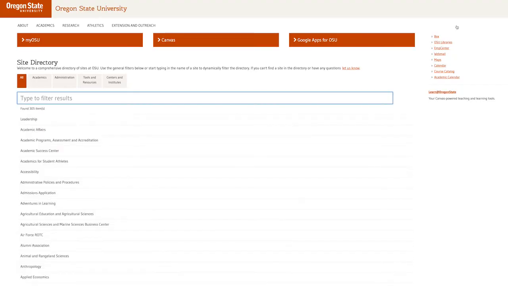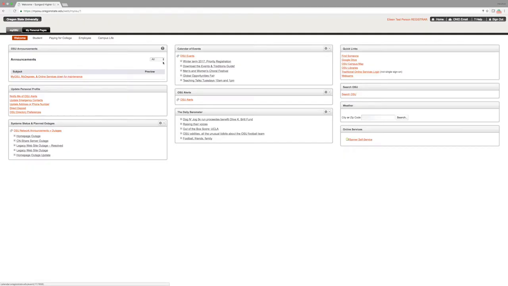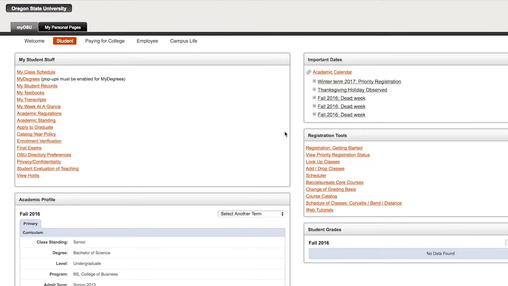To register for eCampus classes, log in to the Online Services portal accessible from the MyOSU homepage. Click on the Student tab, and then click on Add Drop Classes. If prompted, you will need to input the registration PIN obtained from your academic advisor. If you are a non-degree student, you will have received your PIN after completing the eCampus online orientation.